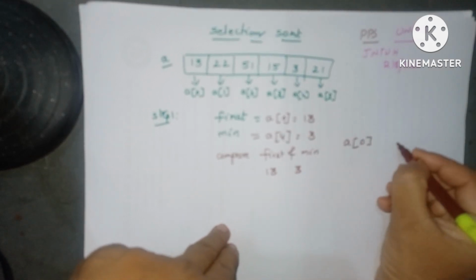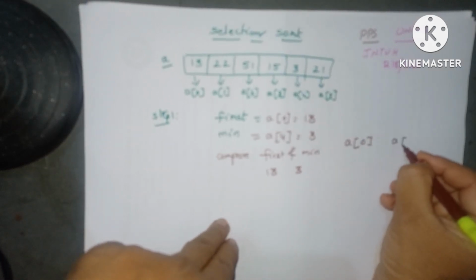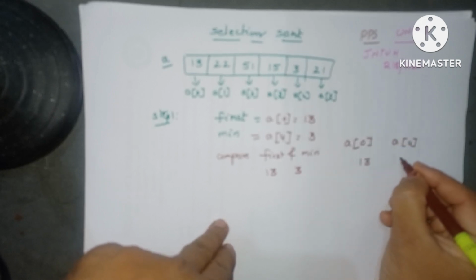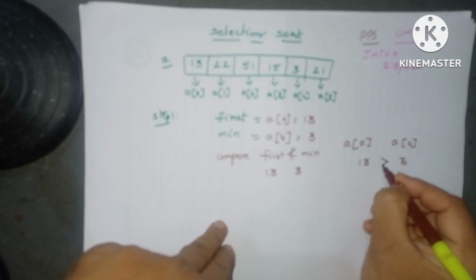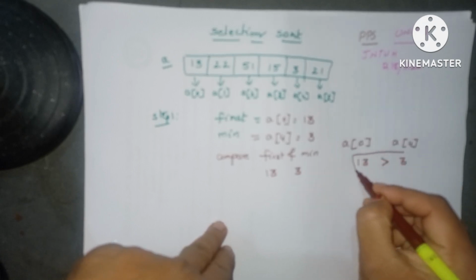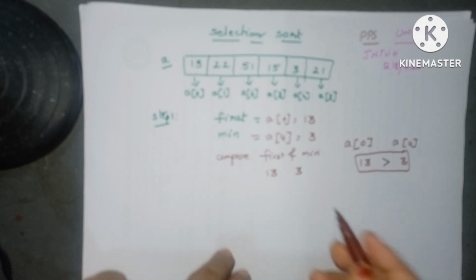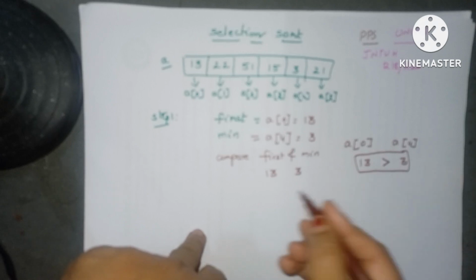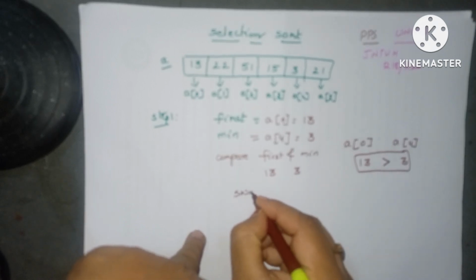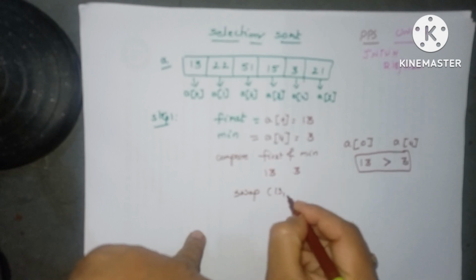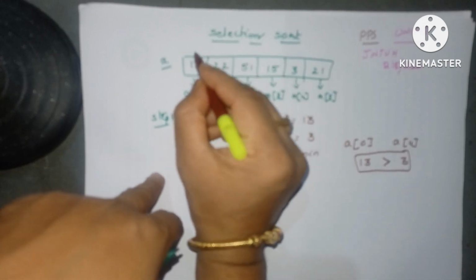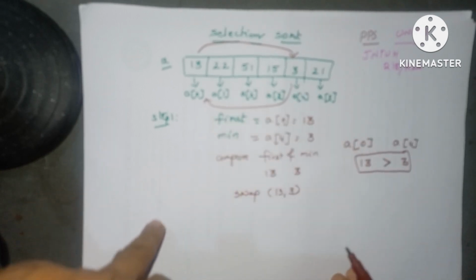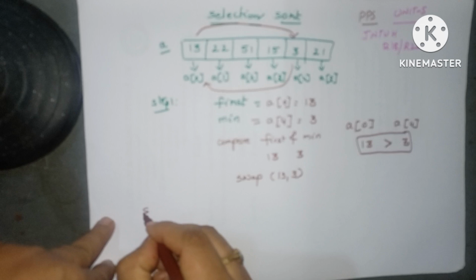So compare A of 0 and the minimum element, A of 4. A of 0 is 13, A of 4 is 3. So 13 is greater than 3. That means the first element is more than the smallest element. Whenever the first element is more than the smallest element, we just swap it. Exchange the elements 13 and 3. That means 13 is changed to 3 and 3 is changed to 13. Positions will be changed. So in step 2,